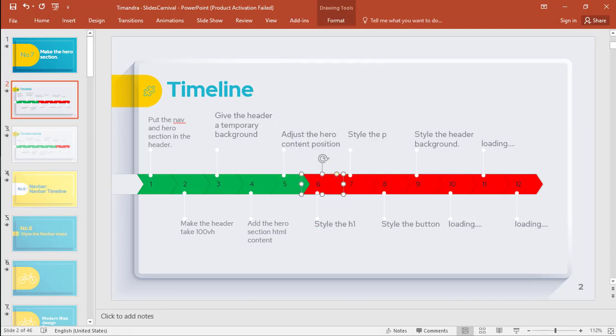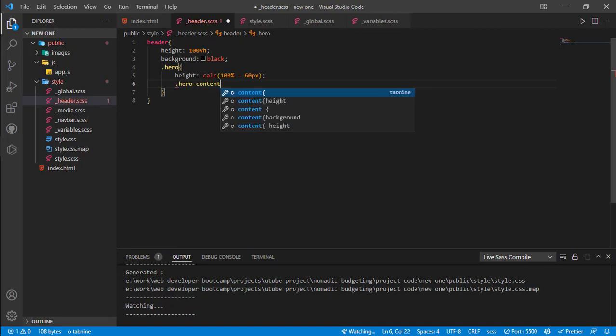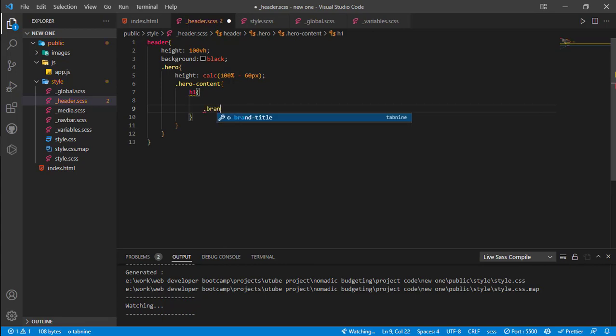And now we need to customize through the SASS file, the header SASS file, our H1 and then the P and then the button. Let's go and do that. So here in our header SASS file, let's put the hero content like that, because this is where we will change everything. And we will say an H1, and we will also say another one for brand name, because this one will be styled